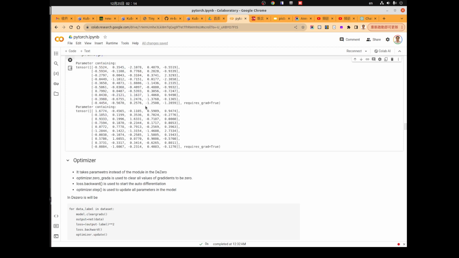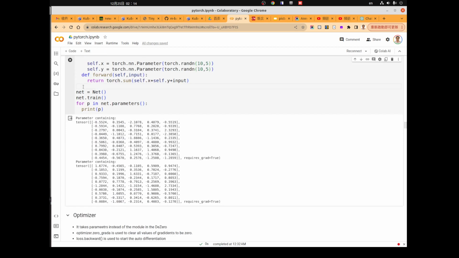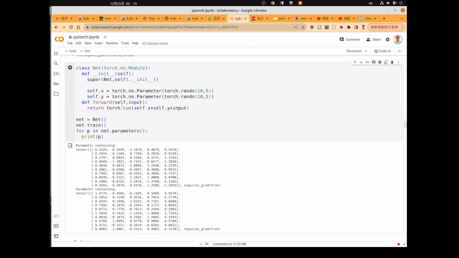We will go back to the training code later, but the only thing we need to know is that for modules, we can use parameters to get all parameters defined inside the module.